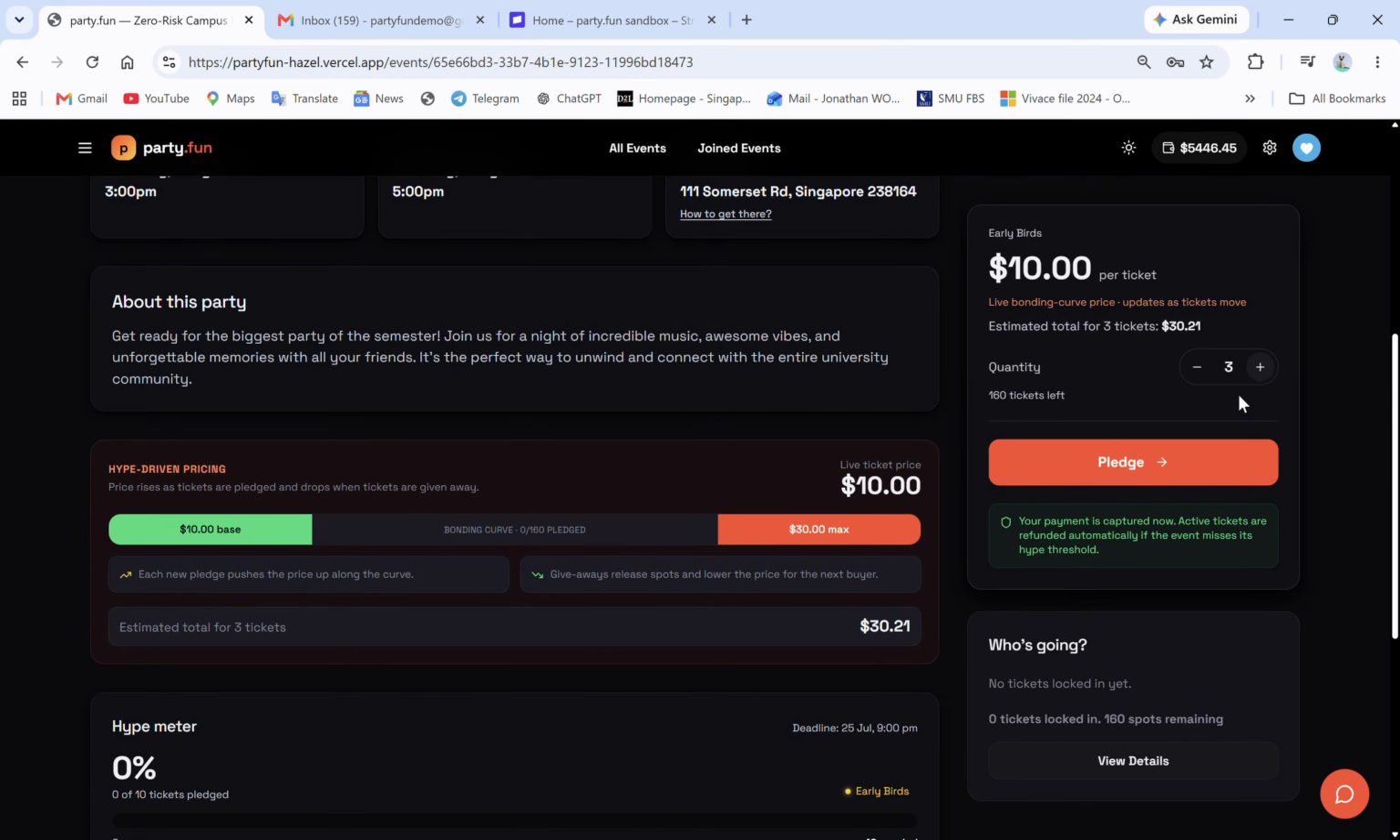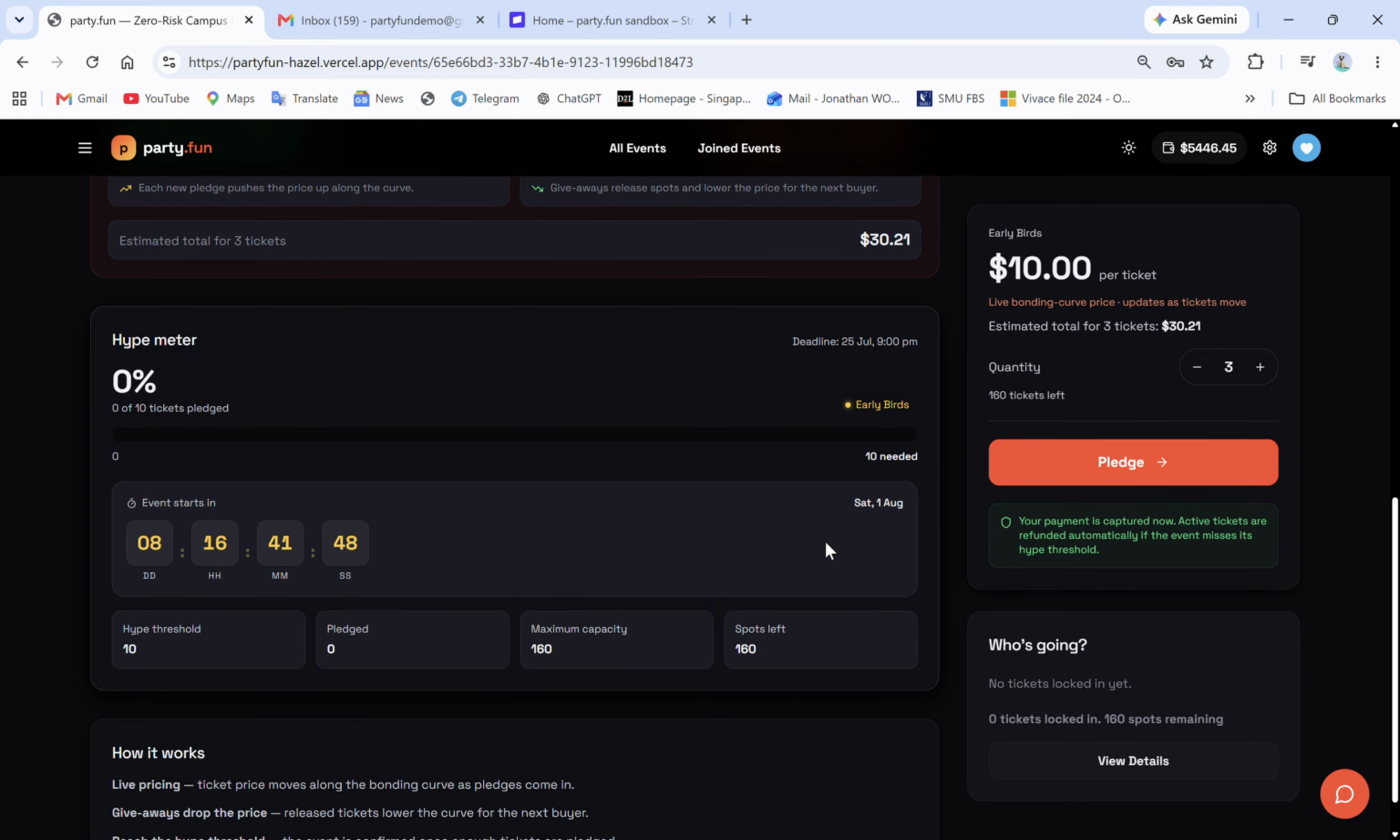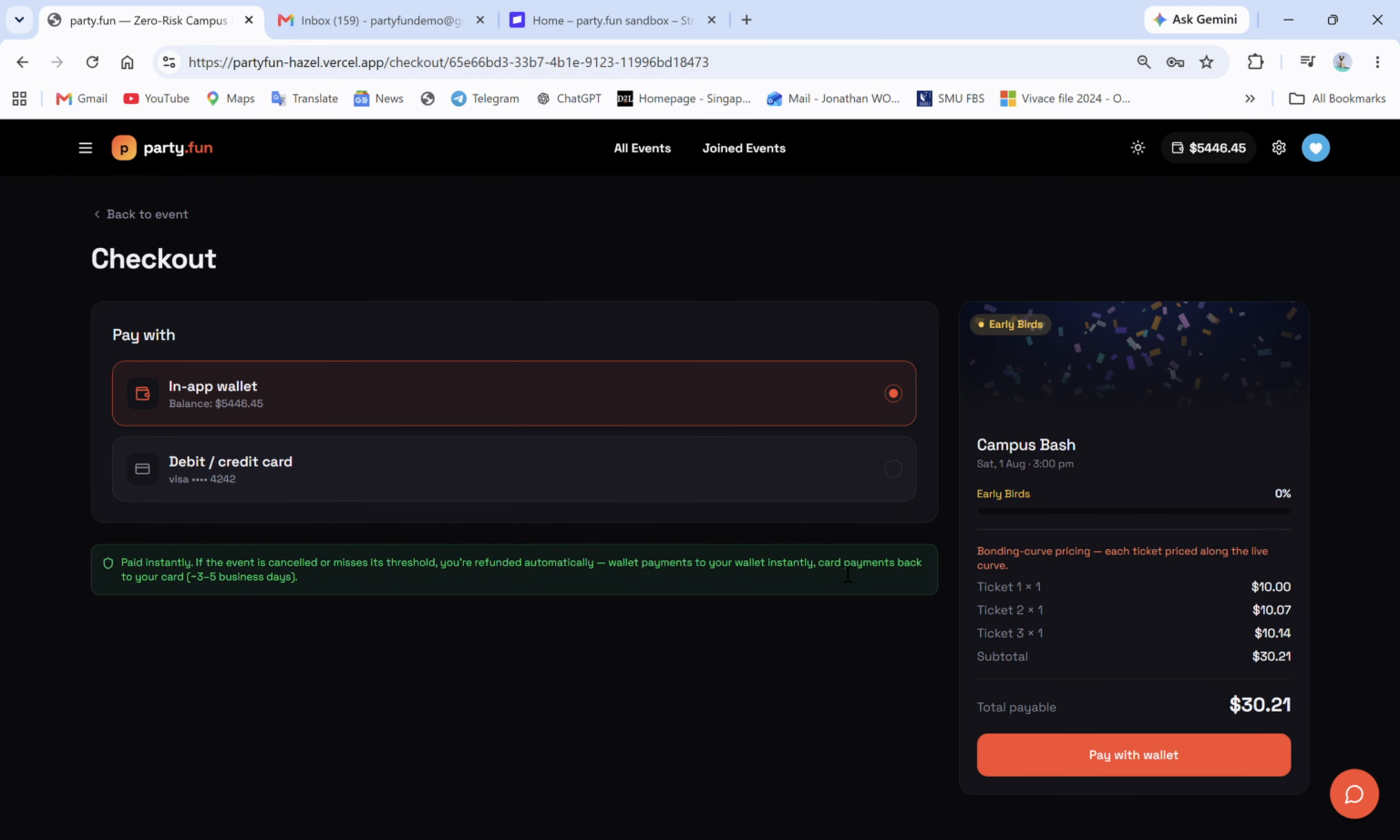And I want to purchase about 3 tickets because I want to invite like 2 of my other friends to join. You can either choose to pay using in-app wallet or debit card. I'll choose to pay using my in-app wallet because I think I have sufficient funds. When I click on pay with wallet,